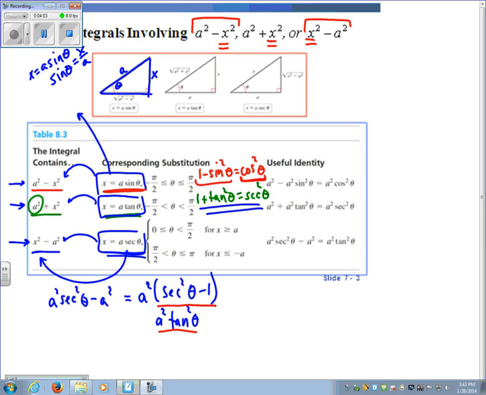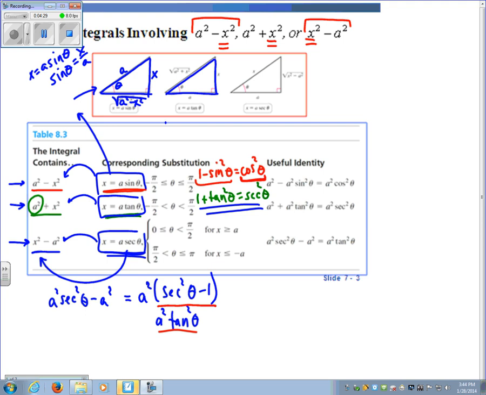Now the hypotenuse is a. This side is the square root of a squared minus x squared. Take the biggest side squared minus the other one squared. Okay, and now from that, if I'd had a tangent of theta in my answer, I know tangent will be the opposite over the adjacent, so the x over the square root of a squared minus x squared. So we will need to use these at the end to go back to our original variable. So each case,